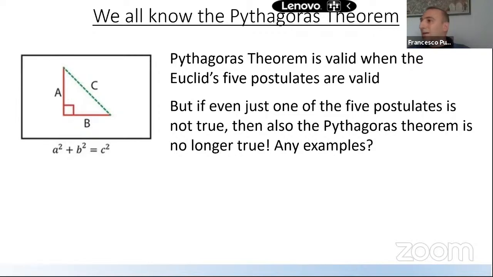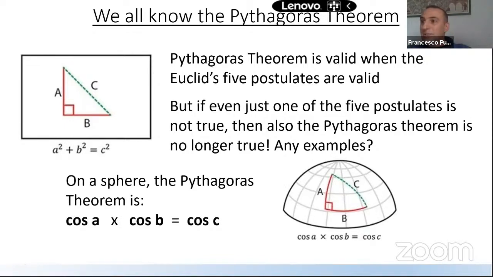true. Again, is there an example, guys, that you can give me, from back in high school, where the theorem of Pythagoras, well, the 5 axioms of Euclid, are not true? Do you have an example where Euclid doesn't apply? On a sphere. Borna, my friend Borna. Yes, exactly, on a sphere. So on a sphere, the Pythagoras theorem is like that: cos A times cos B equals cos C. I must be honest, I learned this yesterday. I was Googling it. I knew that it doesn't apply, but I didn't know the formula.